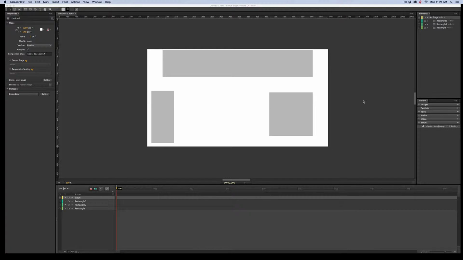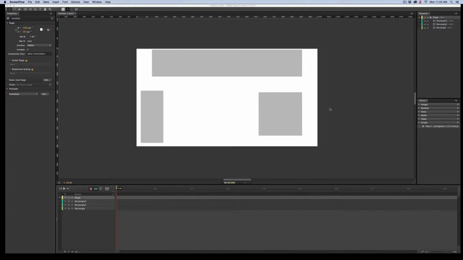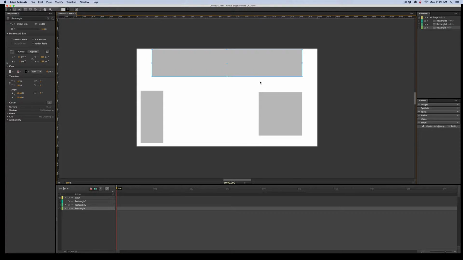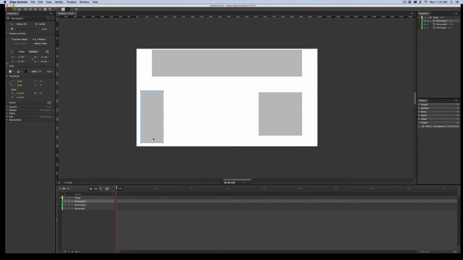As per request of one of my graduate students, I'm going to add Pinterest to my Edge Animate composition. Now I've already done some setting up ahead of time so I wouldn't have to do it in front of you. I've added 3 rectangles, one that's going to act as a header, a square, and what looks like a sidebar. I've also added over here my